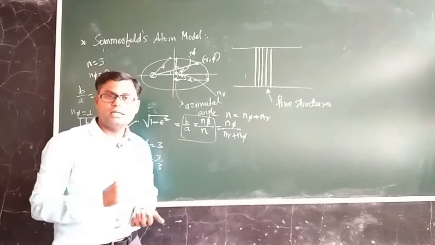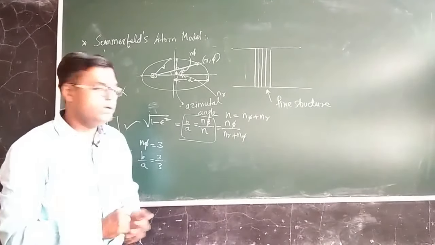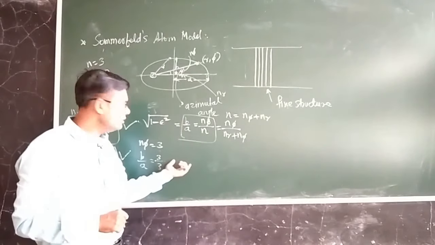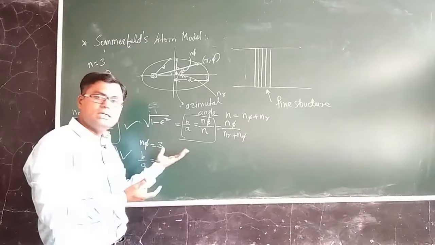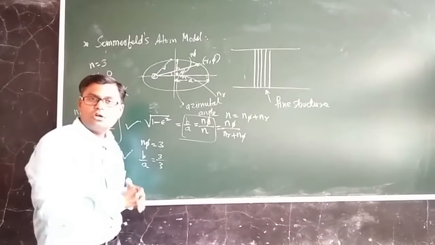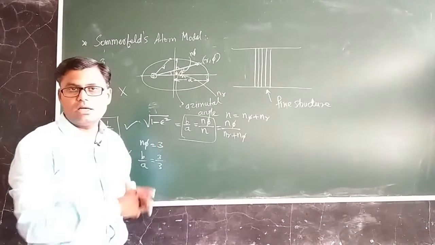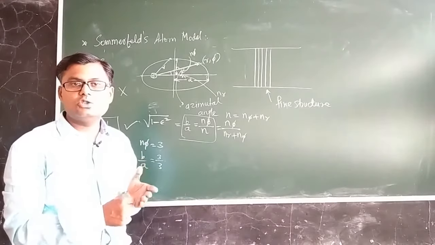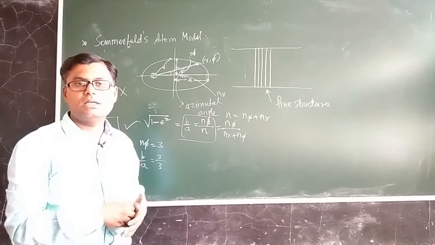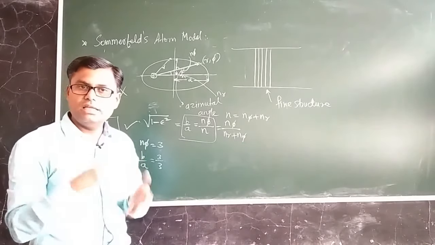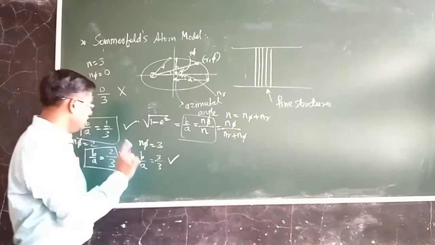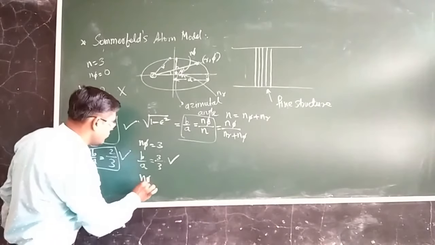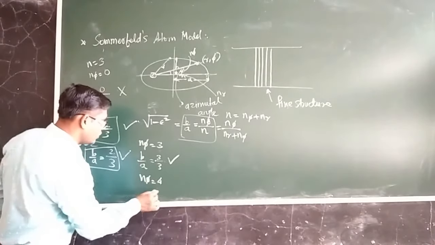So whether this condition should be allowed or not, we will get a circle in that case, because the length of the semi minor axis will be equal to the length of the semi major axis. So we would get the circle. Is that allowed or not? Yes, that is also allowed. Why? Because a circle is also a special case of an ellipse. Circle is nothing but one type of special case of ellipse only, right? So this is also allowed.